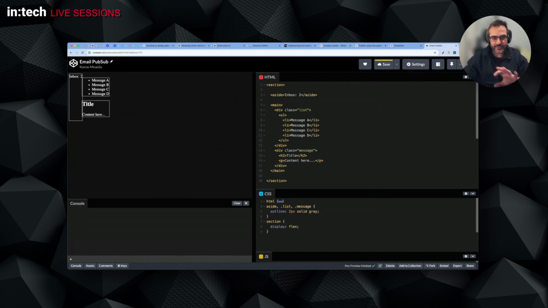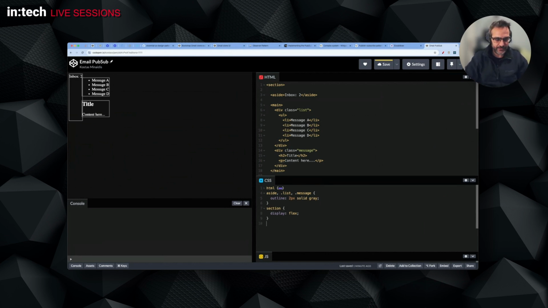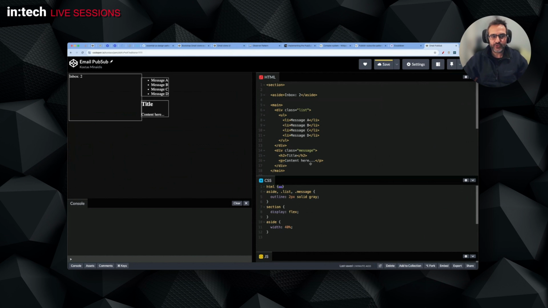So now we have the flexbox works by smashing them, let's say, next to each other. I want to give my aside some kind of width, like let's say 40% of the total width. And then I want the main section. So let me put also some outline around the main. So I also want this to take the rest of the space. So 30% for this guy, and then the rest will be either 70%, or with Flexbox, I can say grow